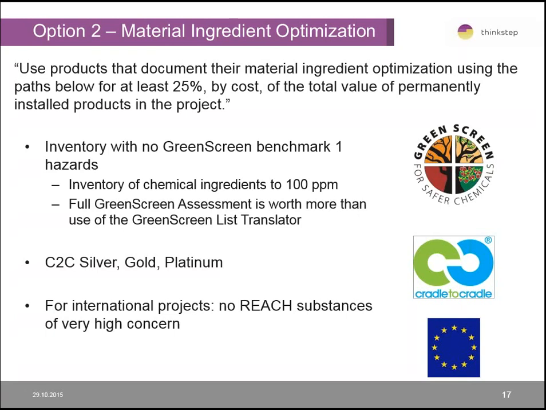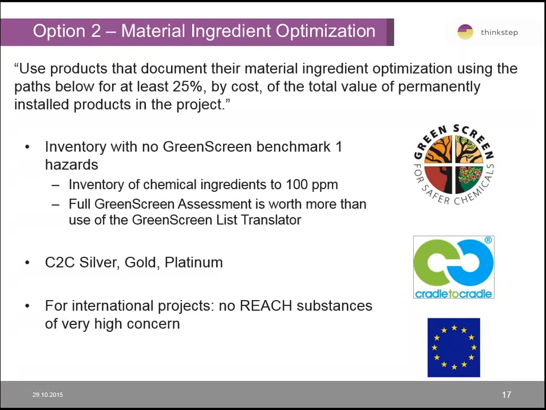If you don't have any benchmark 1 hazards and you've done the inventory of chemical ingredients down to 100 parts per million or 0.01%, then you can achieve this credit. There's a slight nuance with the valuation of products. Because we're looking for 25% of the cost of the building, in this case, the product's valued at 100% of their cost, so sort of a 1-to-1